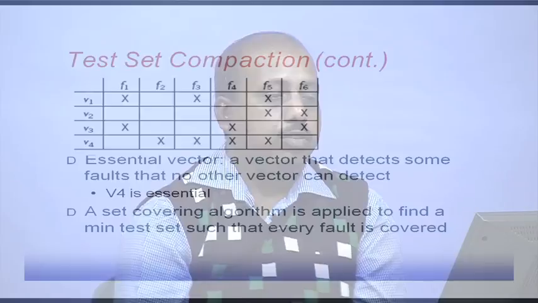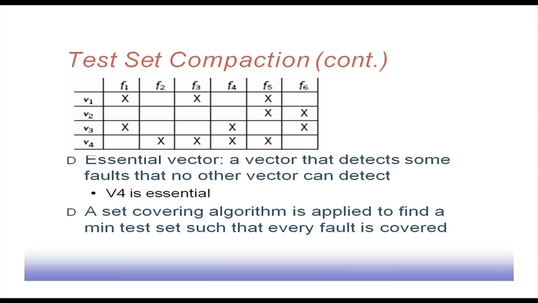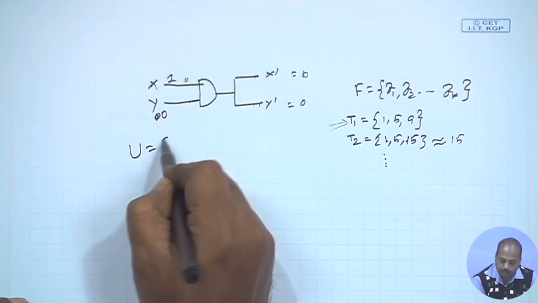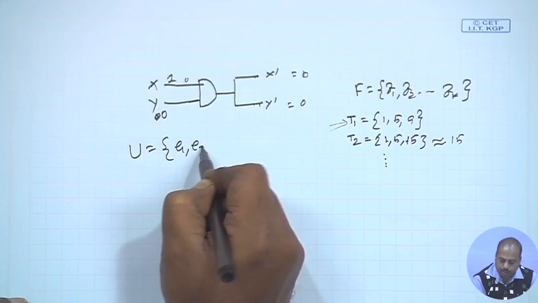So, we include that essential vector into our test set. So, V4 is included in the test set. After that, we can have some sort of test set covering algorithm to find a minimum test set such that every fault is covered. So, the set covering problem is that we have got a universe U of elements, say E1, E2